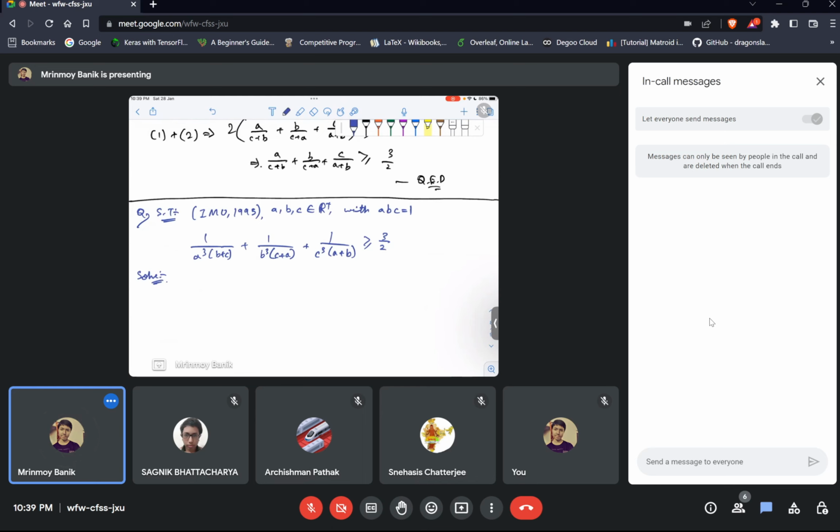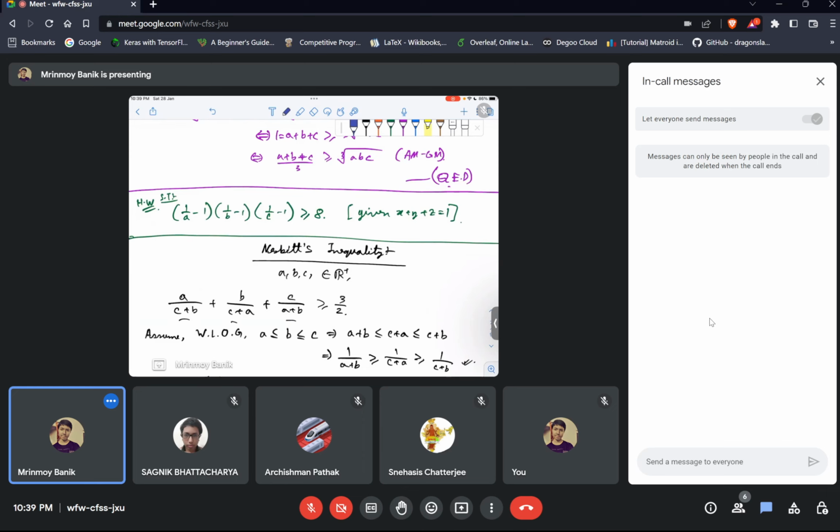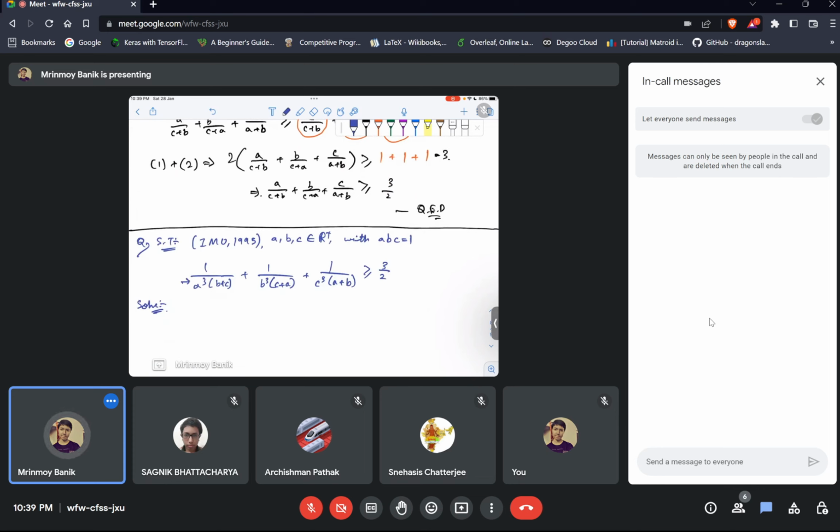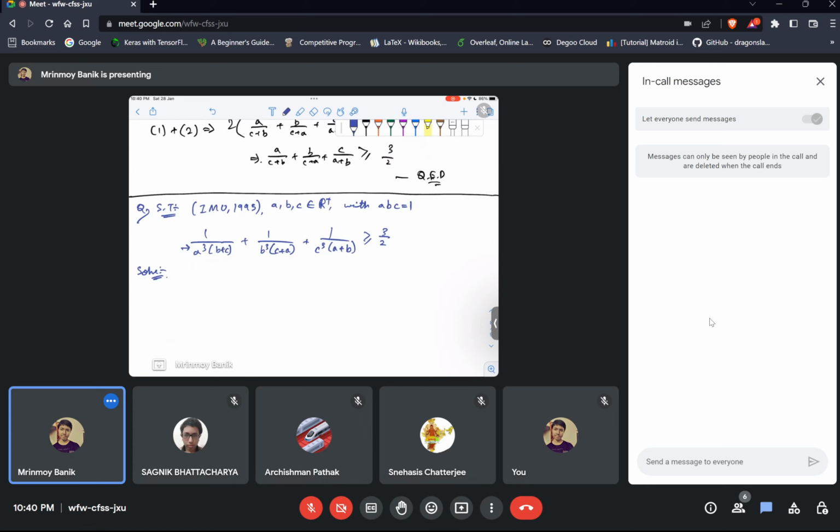How would you write it? Here you have the numerator as power 1 and the denominator as power 1. So both the numerator and denominator have the same power here. But in this expression, all the powers are in the denominator, nothing is in the numerator. So if you take 1 by a squared and 1 by a into b plus c, the power does balance out to 2. But now you have